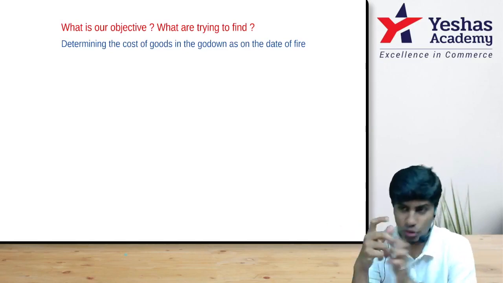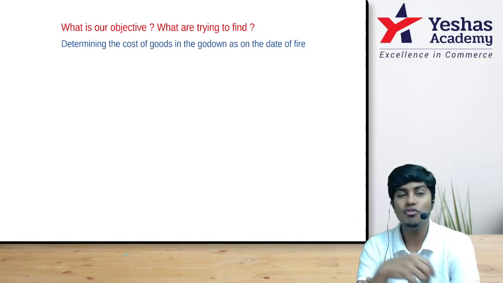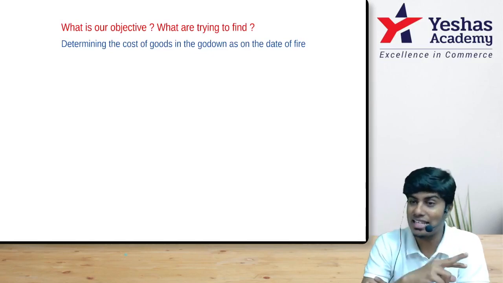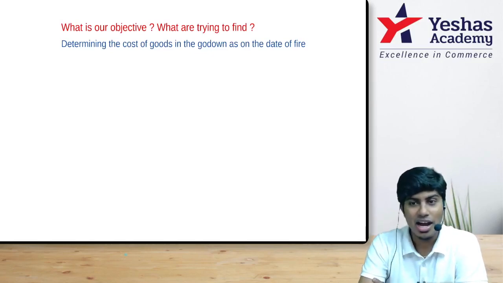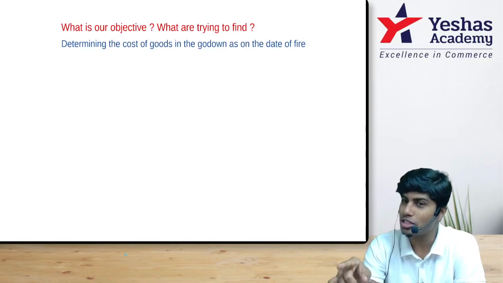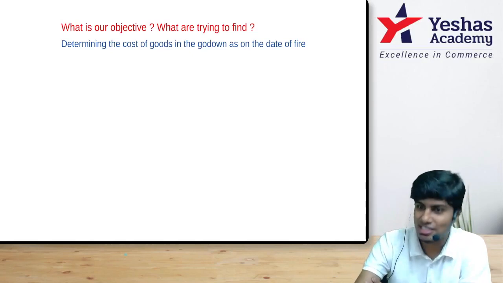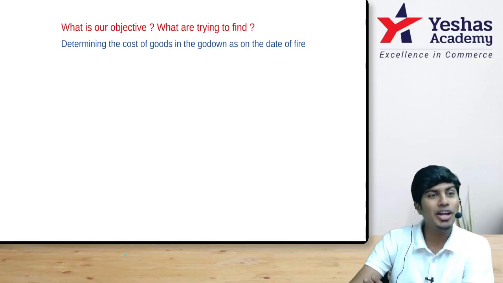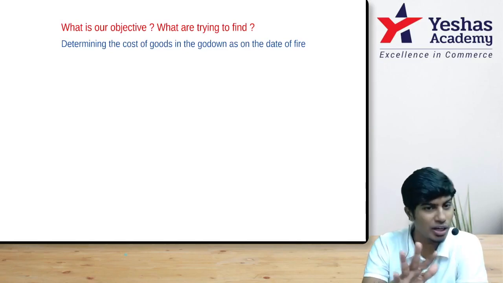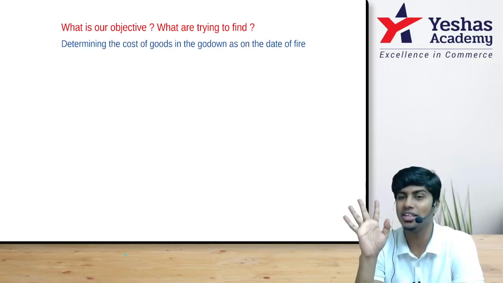To stretch it a little longer, if you are the consignee, and the consignor has sent goods to you on consignment, and such consignment stock is in your godown, do you get an insurance claim on such stock which is there in your godown and which is getting burned? Answer is yes. You get an insurance claim on such stock also. Though you don't own it, it is there in your godown. That is a necessary condition.